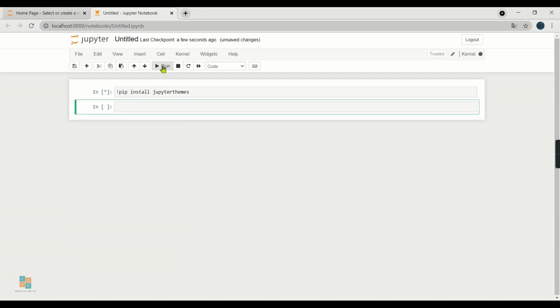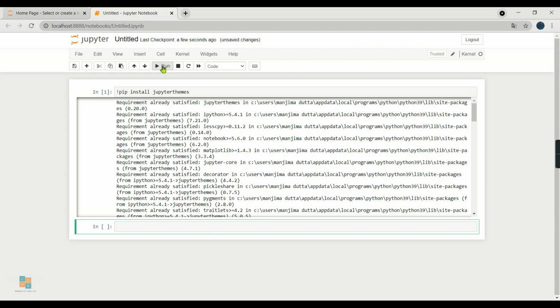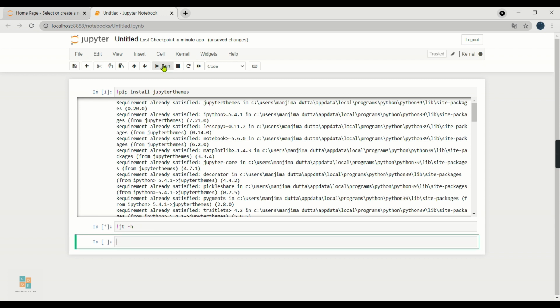So here it's gathering all the necessary information to download this library into the Python kernel, and when it is done we need to write one further command like this: exclamation sign jt. Here jt is just the short form of Jupyter Themes, so exclamation sign jt -h and click run.